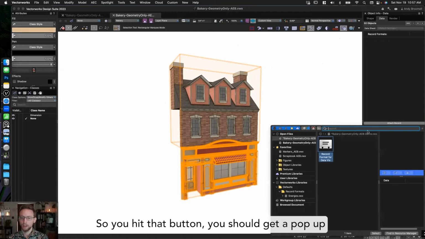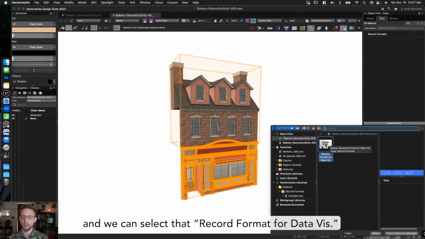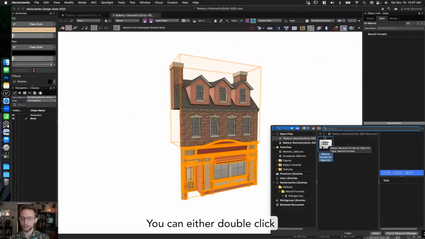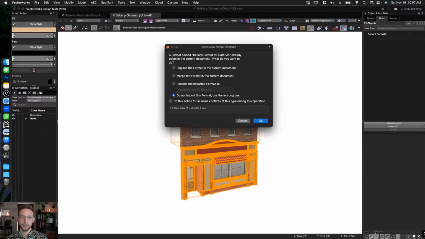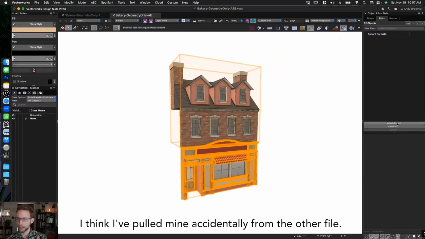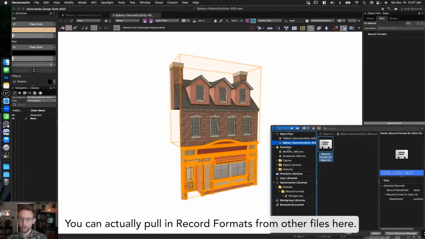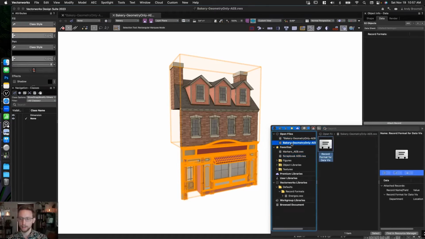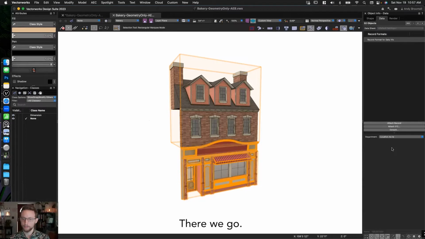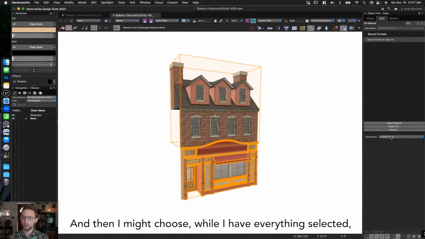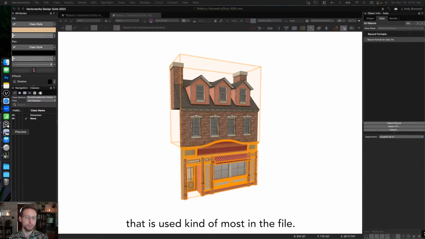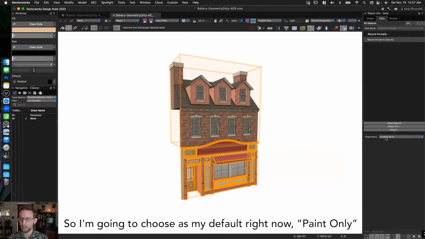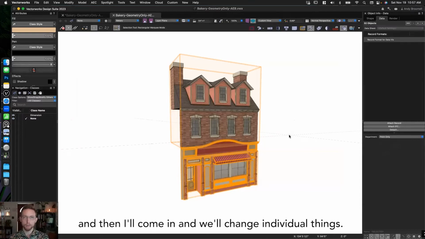So you hit that button, you should get a pop-up, and we can select that record format for DataViz. You can either double click or select it and then hit the select button at the bottom. I think I pulled mine accidentally from the other file. You can actually pull in record formats from other files here. There we go. And then while I have everything selected, you probably just want to choose the department that is used most in the file. So I'm going to choose as my default right now, paint only,